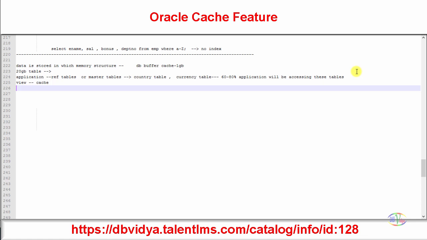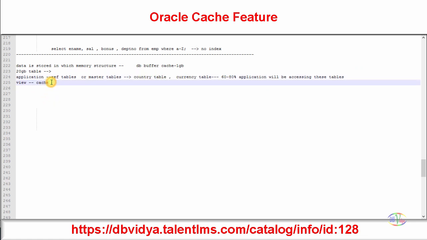Here I am talking about the table data. Can you see the difference? Here I am telling that the entire table I am keeping. A view means it's a logical name given to a query. Queries, where will they reside? In the library cache. Where will data reside? In the DB buffer cache, the table buffer cache, right. So both are different, don't mix it, okay? Here the data itself is kept.